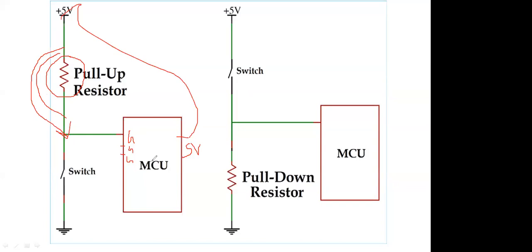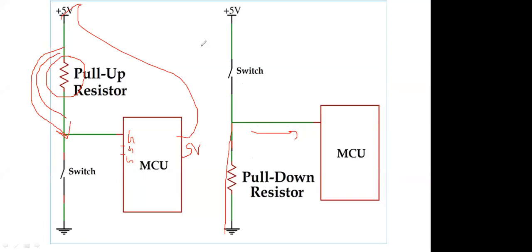That's why we are using that pull up and pull down, so that very little current flows in the circuit, and you will be able to use it in a very simple way. So this one is a pull up resistor, and this one is a pull down resistor. When you do not connect this pull down resistor, what is happening? Direct maximum current will pass through the Arduino and it will get damaged. But when we do pull down, only a small amount of current will pass through this ground, and only small ground current will go to the Arduino. So it is very important to use pull up and pull down resistors.